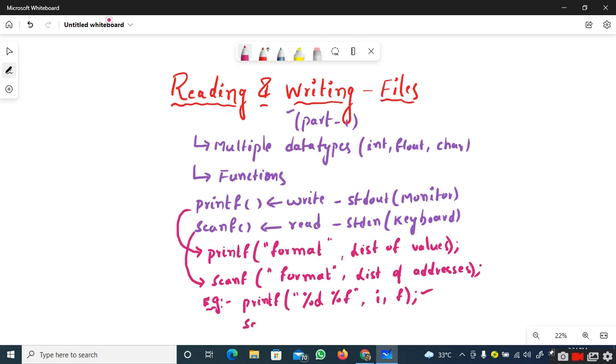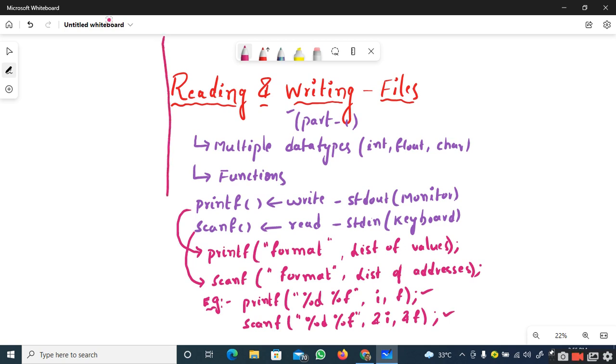In a similar way, if I want to read those values, I will use the same format specifiers, but in the second parameter I should give the list of addresses. So I will give the address of i followed by the address of f. This is how I am going to print or read the values from the standard input device as well as the standard output device.